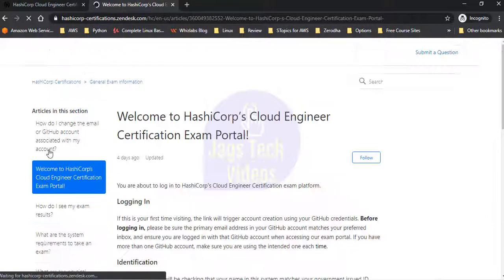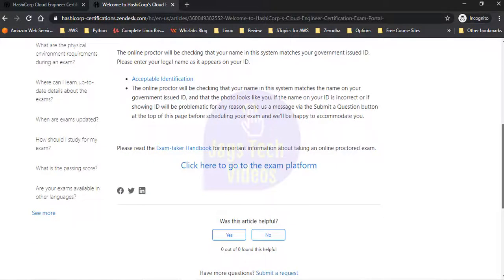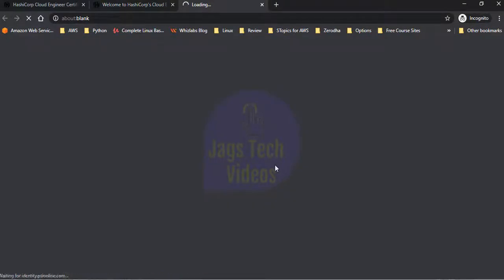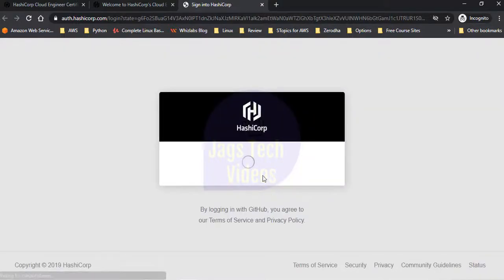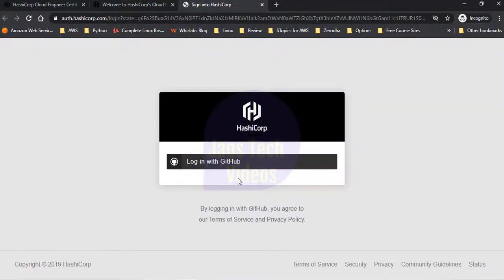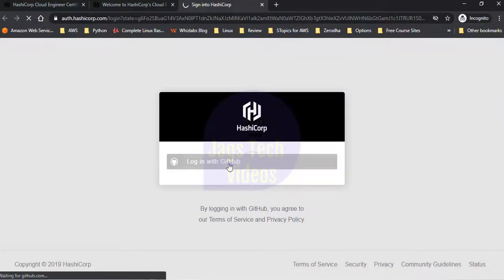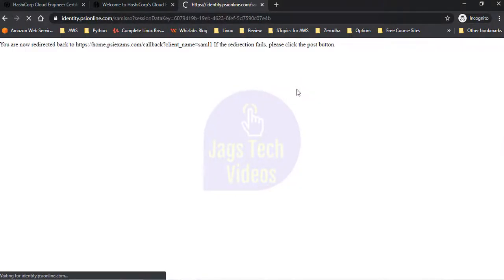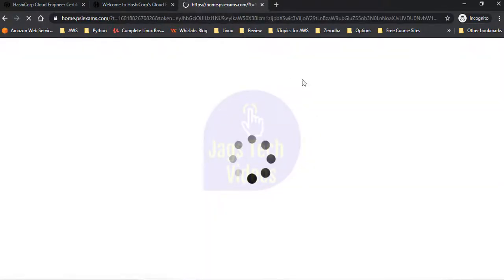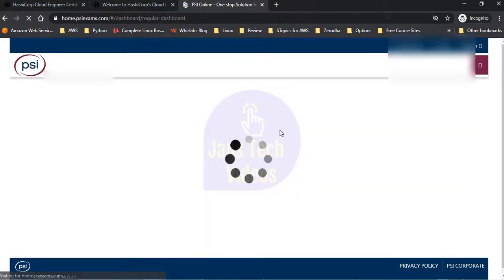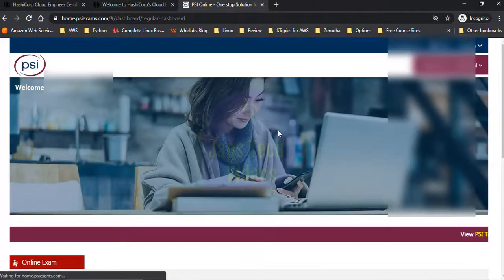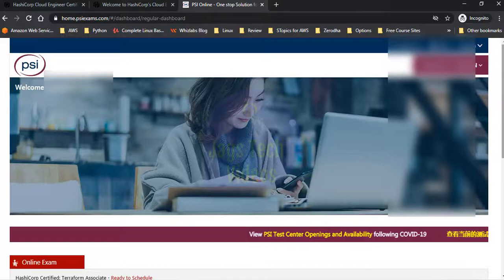But first of all, we can go into the exam portal platform. You will need GitHub credentials. You need a GitHub account to take the HashiCorp Terraform exam. If you already have an existing GitHub account, just log in. Once you log in, you will be redirected to the new exam portal. This exam portal has been there since October 1st, I guess, because when I took the exam last week, the exam portal was different. Only the exam portal changed, and the rest of the things remain the same as far as I checked. So this is the exam portal page.